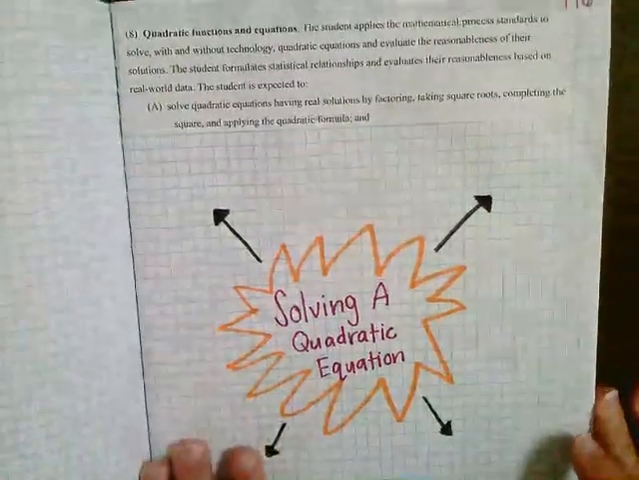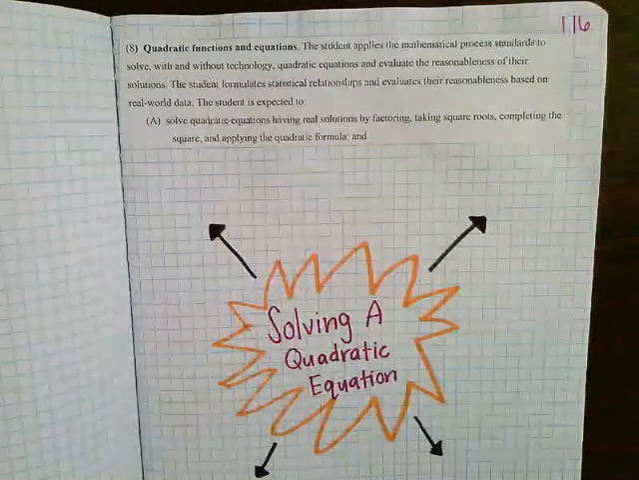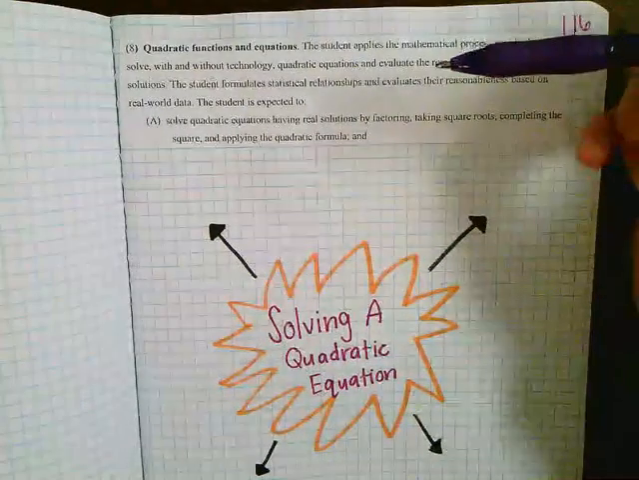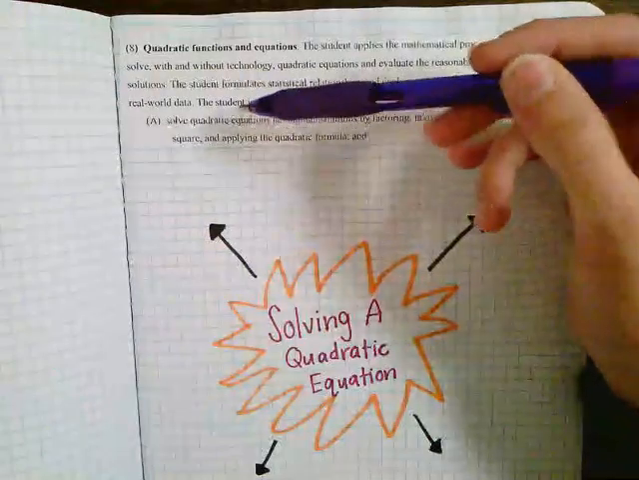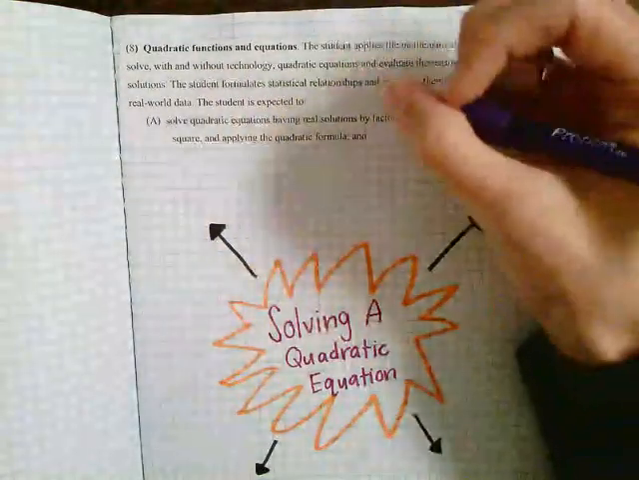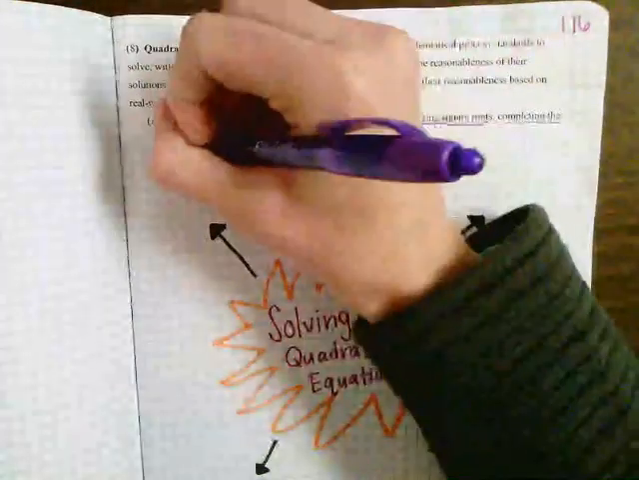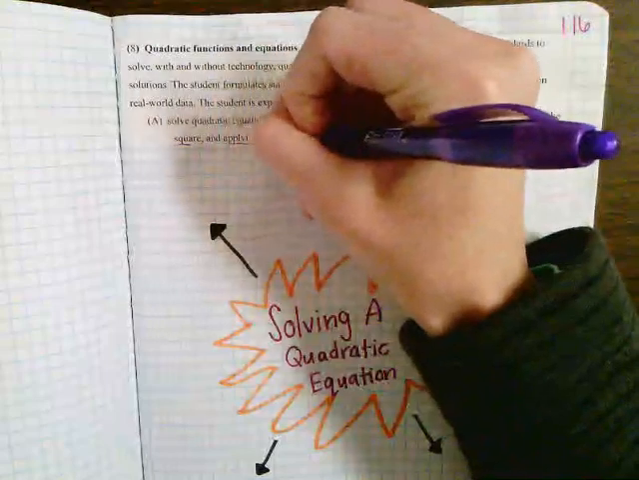Okay, so this is our next unit that we're going to be talking about. It is solving quadratic equations. This is the TEK that it comes out of. It says solve quadratic equations having real solutions by factoring, taking square roots, completing the square, and applying the quadratic